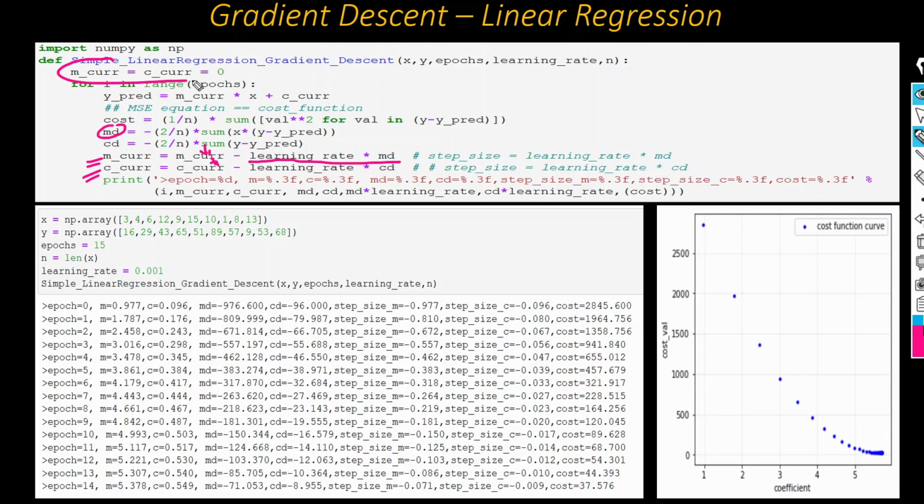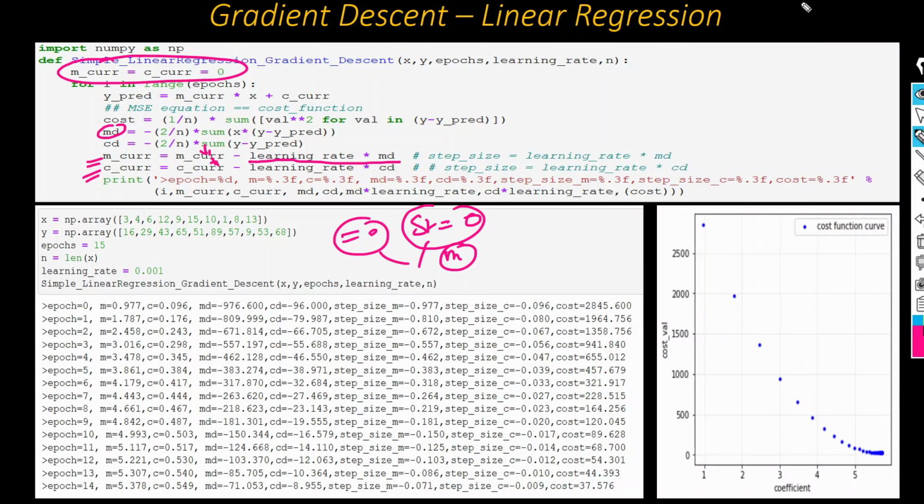Once we mention this random value, it will automatically calculate the different m and c using the step size. At the point where we get the least slope, or a slope close to 0, or the step size is close to 0, at that point our MSE will be least.